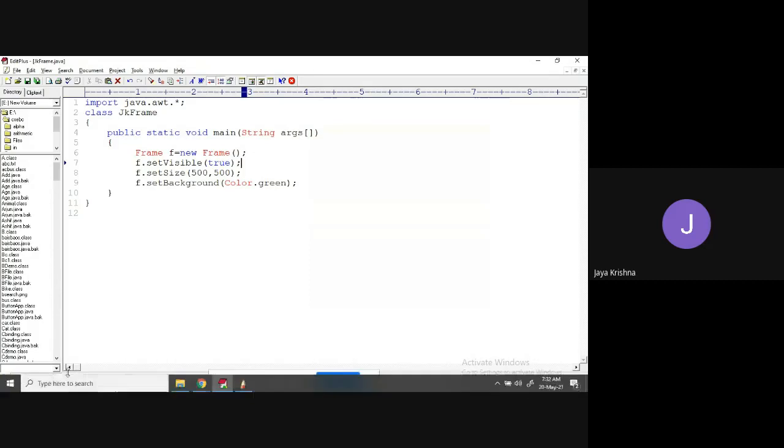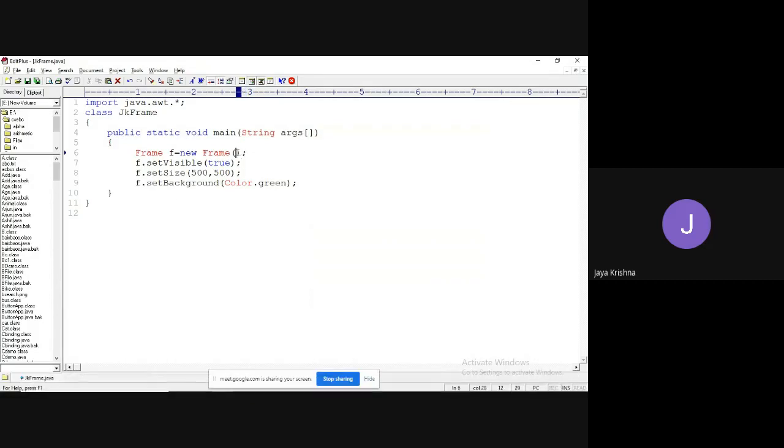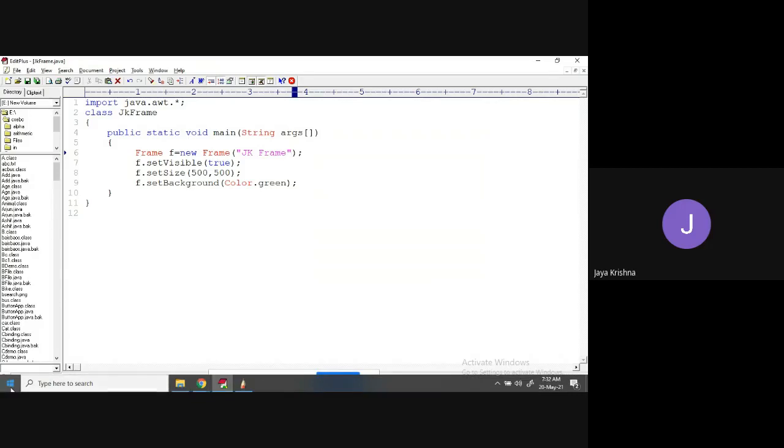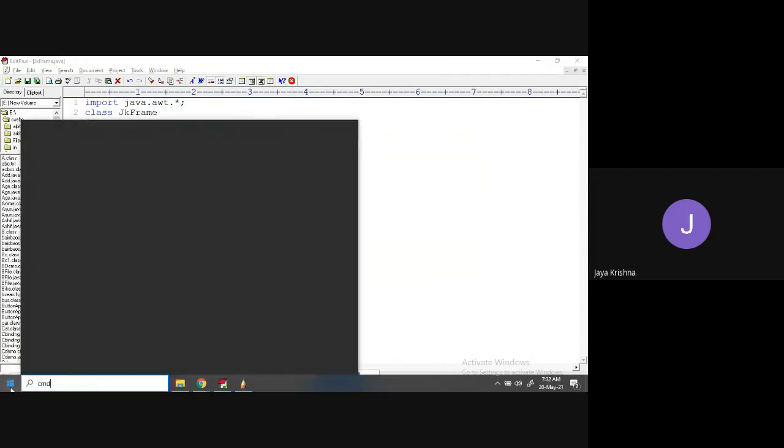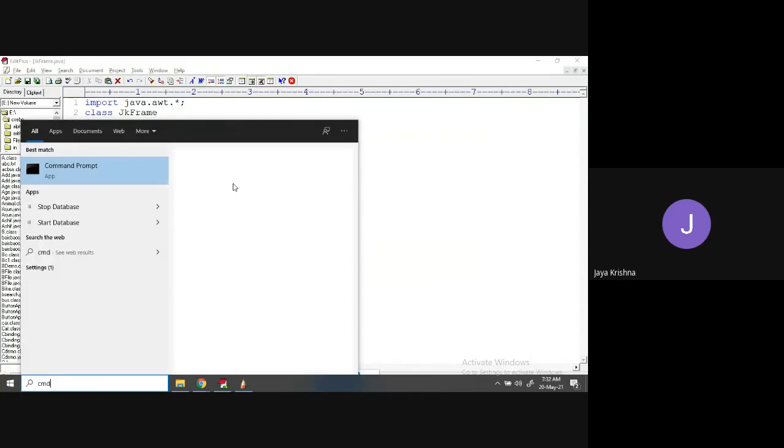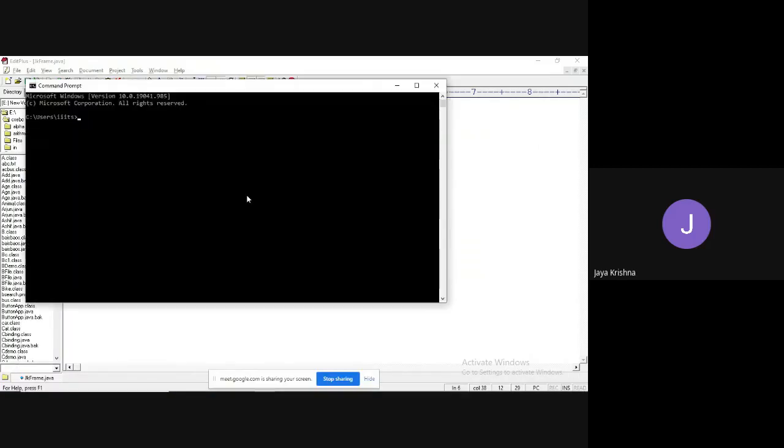Every time I need to close it. If I want to set the title, I can go for the parameterized concept. I would like to do the same process, and close because this frame doesn't close directly.